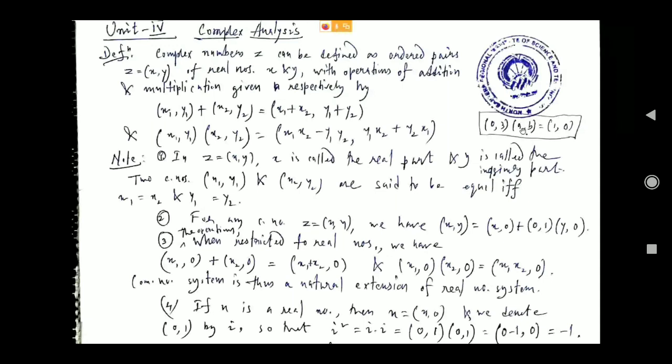That we can find out. So this will definitely exist. There will be another non-zero complex number which we multiply with (0, 3) and we are getting (1, 0). If we define complex multiplication as component-wise multiplication, then